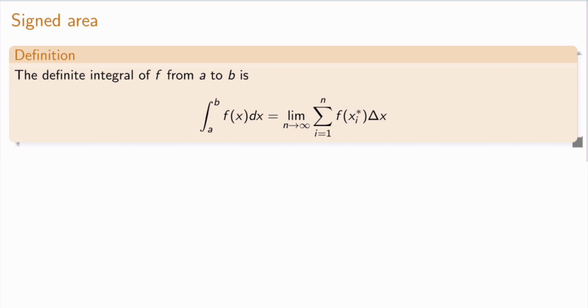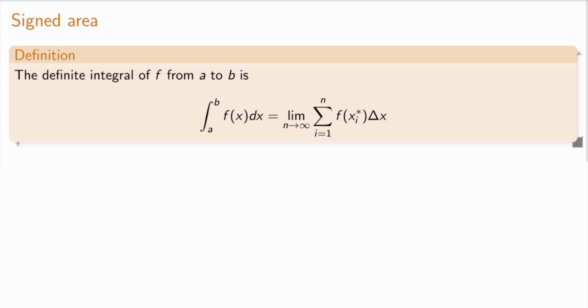In this video, I will talk about the signed area. Before I do this, though, I would like to introduce a little online tool which can help us to visualize the Riemann sums. So here, first of all, I show you again the definition of a definite integral of f